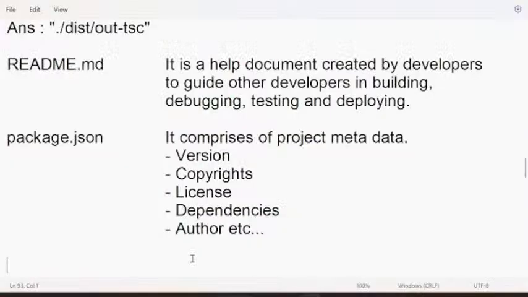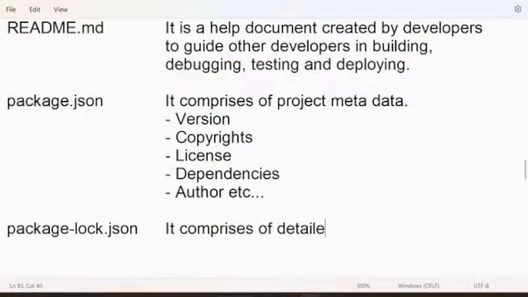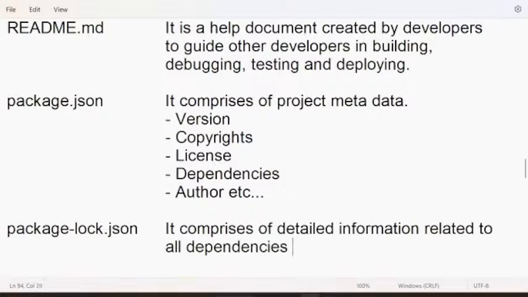There is another file related to it. Actually, we have package-lock.json. It is nothing but it comprises detailed information related to all dependencies used in the project.